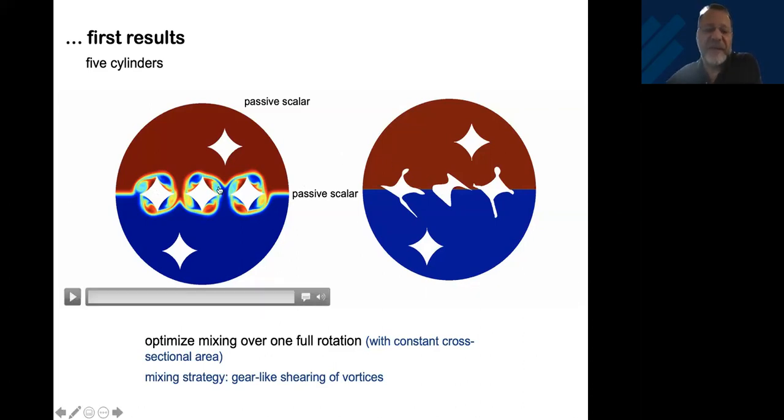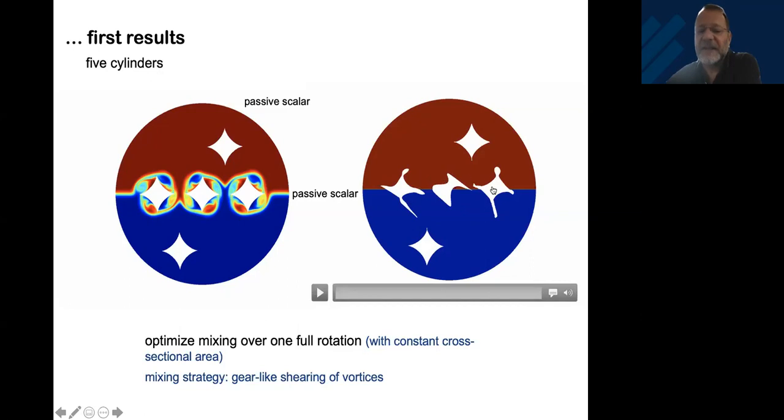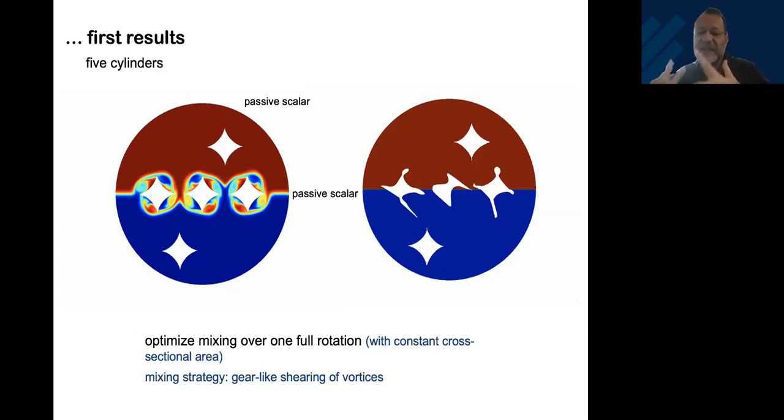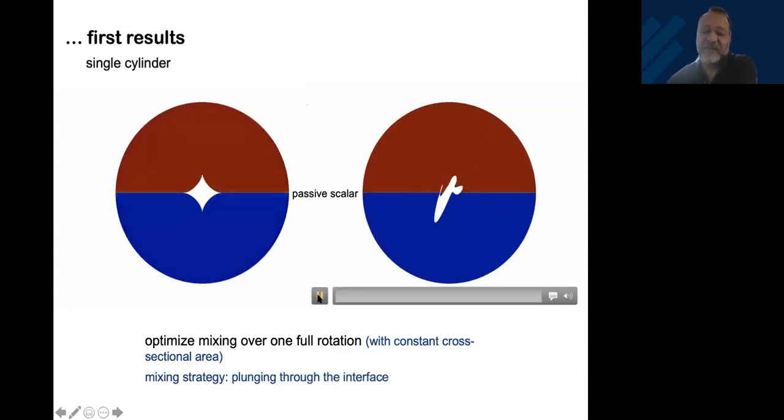So if you do the optimization on this one, then these are the shapes that you get. You see that this shape here and this shape here is more or less untouched because they don't participate over the time horizon in the mixing. And then you also get very nice curves here. Once I play the movie, they act like a gear. So they have a perfect 90-degree phase in most of the lower Fourier coefficients so that they interact like a gear system. And we did not impose that. This is what the optimizer finds by itself.